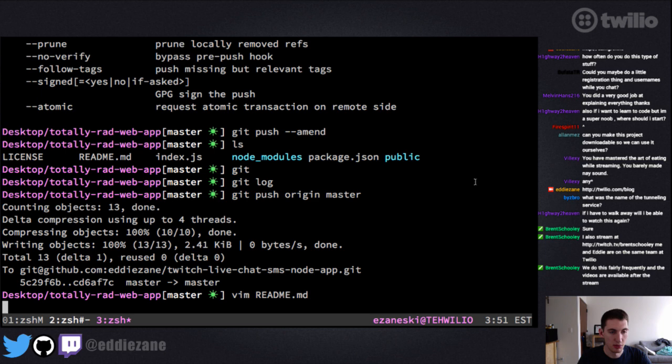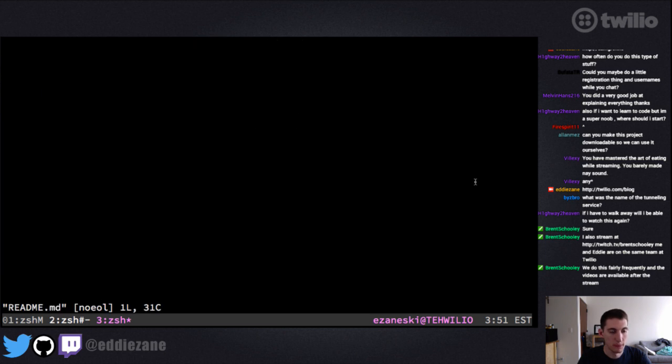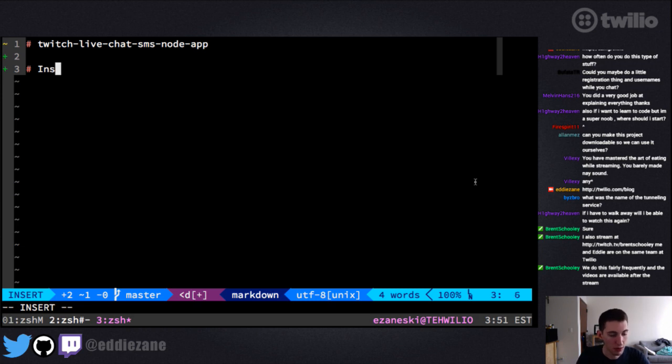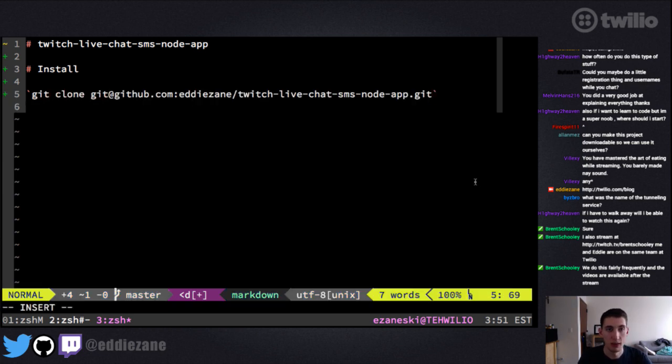Let me edit this README real quick. So this will just show how to do it. It'll be some instructions. I'll have to go back and add more because obviously I can't do it all right now. So we'll say this is Markdown. This is an easy way to write HTML markup. So install: you want to git clone it. So git clone that,